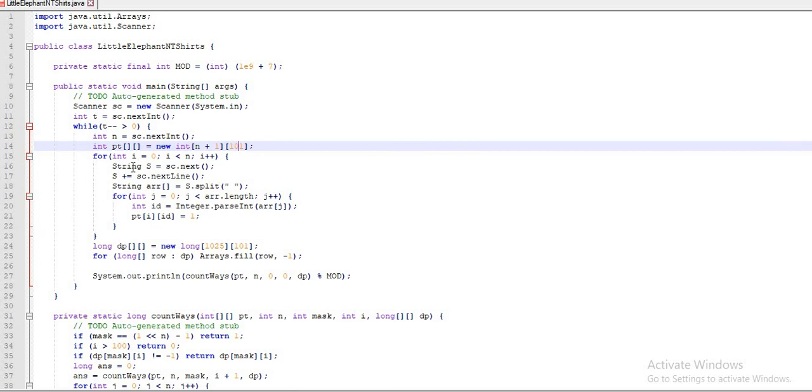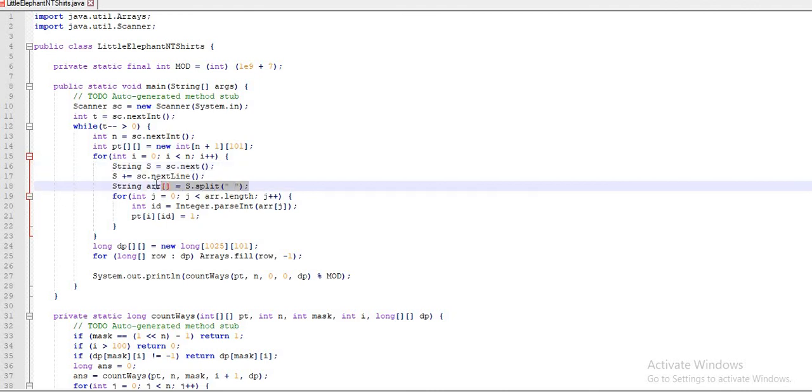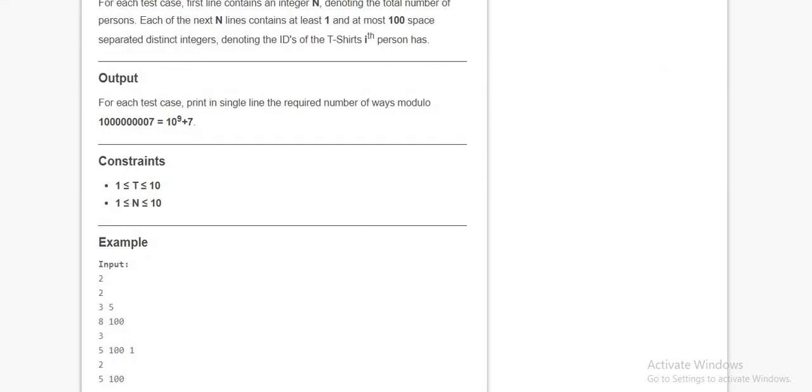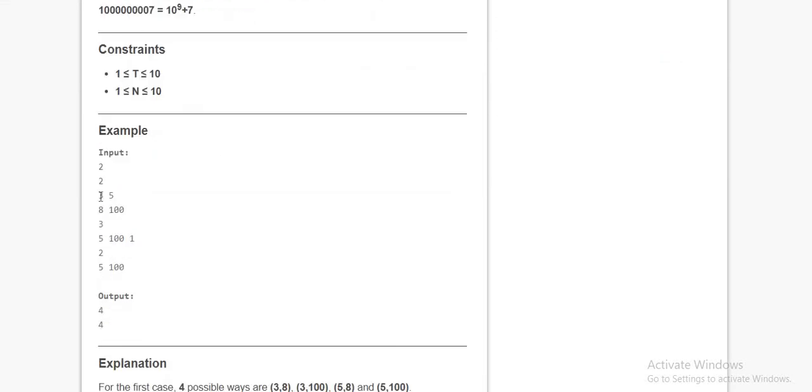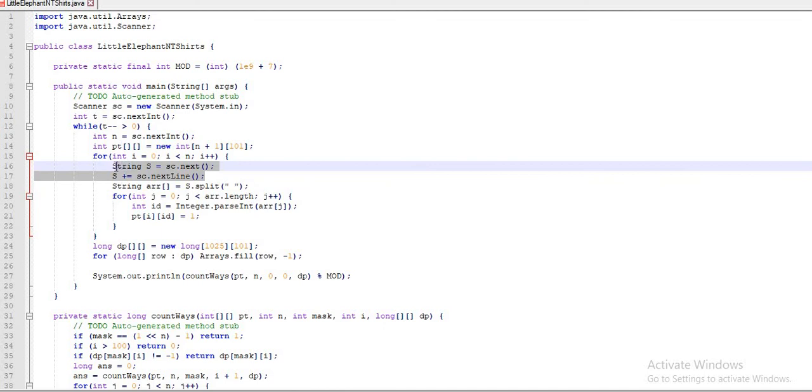After that, you have to add these two lines, because you cannot just do it with nextInt or nextLine or next. To shift to the next line, you first have to call next, then your cursor shifts to the next line, and then you read the complete line including the spaces. That's why I have called nextLine. Once that is done, you just call the split function, and it will give you the array. So if I want to read this entire line I have to call these two things. That is the purpose, to accept the dynamic input.